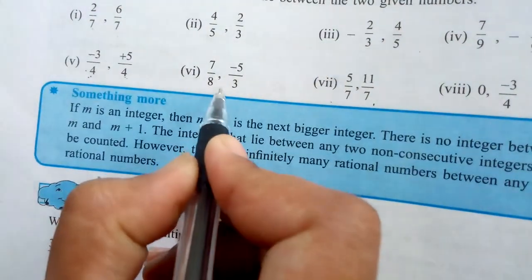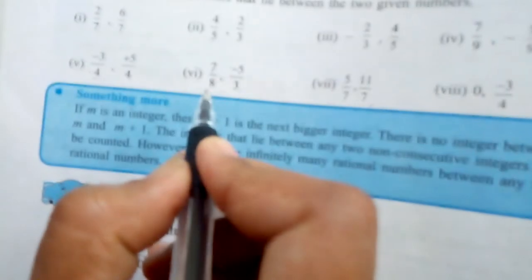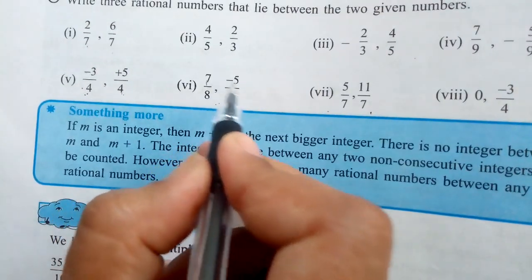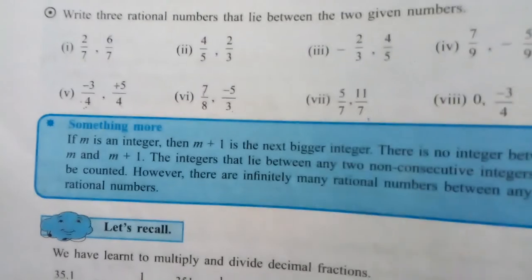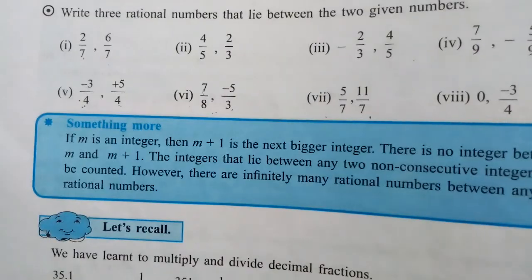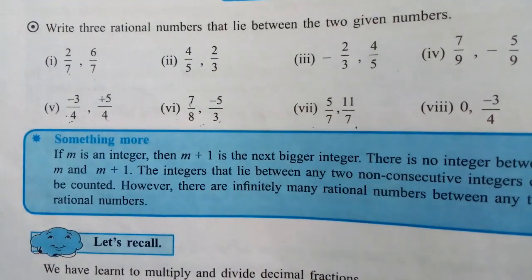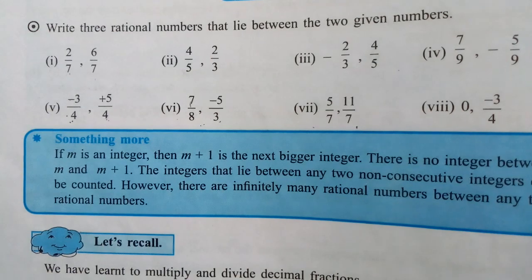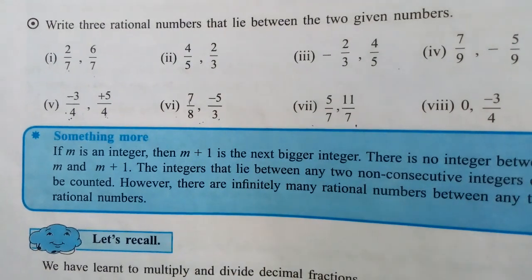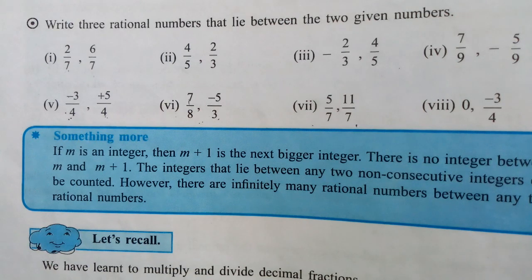So you can tell rational numbers between 0 and negative 3 upon 4. Only in that example do you make denominators equal as I told by the previous method, and then you tell rational numbers between the two numbers. Really, it's very simple. You should only know how to make denominators equal. If you learn how to make denominators equal, then you can tell rational numbers between any given two rational numbers.